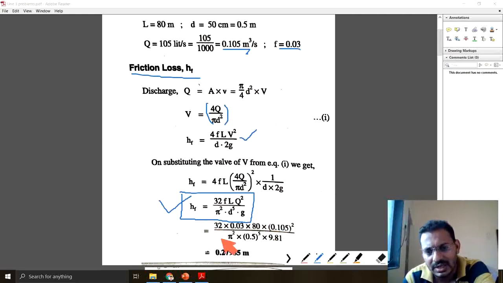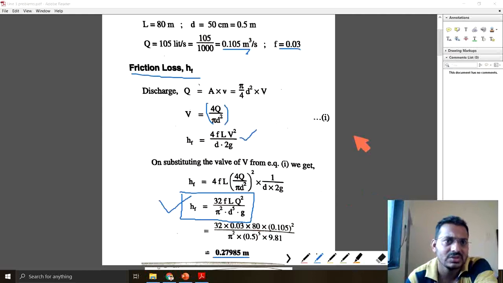If you do this calculation, you will get the friction head loss as 0.27985 meter. Do this calculation, check whether this calculation is correct or not. So this was the first problem on the unit number